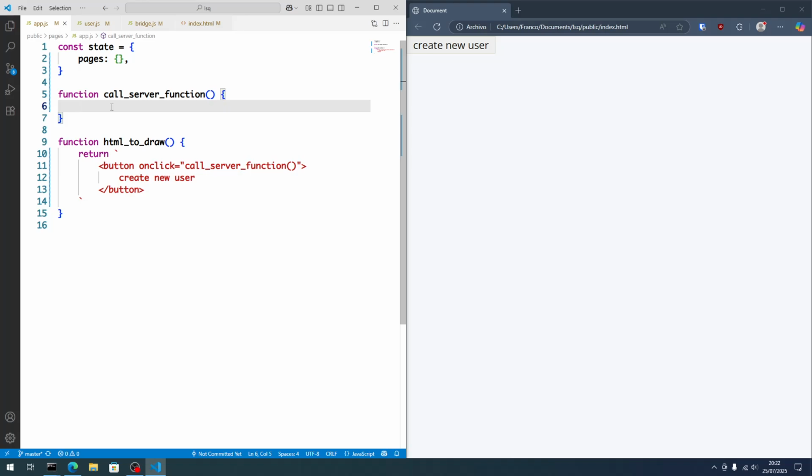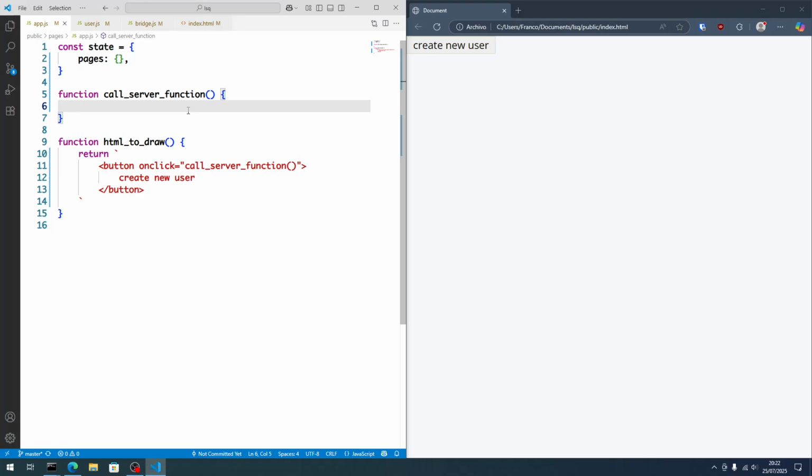And this is when I came up with a pretty interesting idea on how to do this. So let's begin with a simple demonstration. Well, this is code that's going to run in the browser, in the client. We're going to draw a button, and when we click on the button, we're going to call this function, which is this one. Now, this is where I want to call a function that lives in the backend,